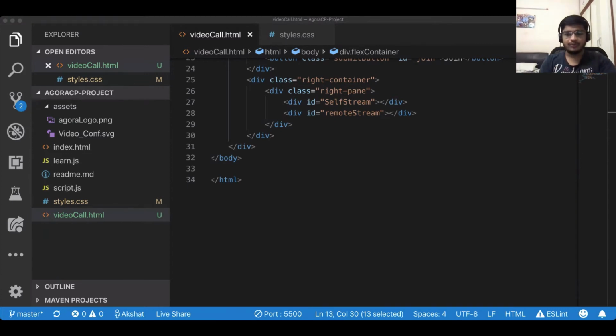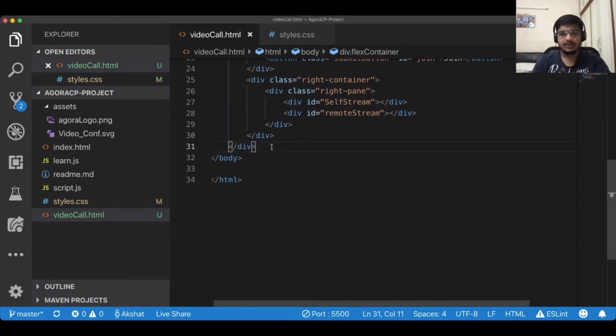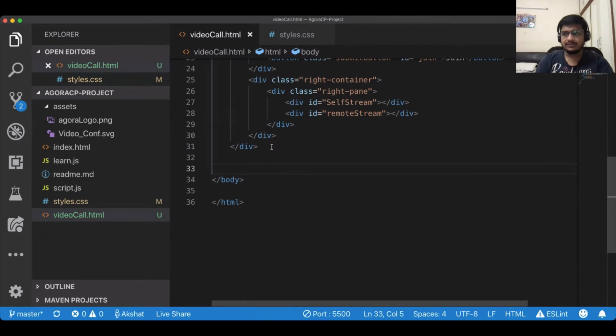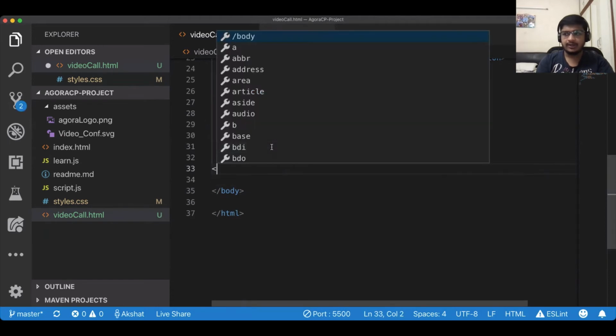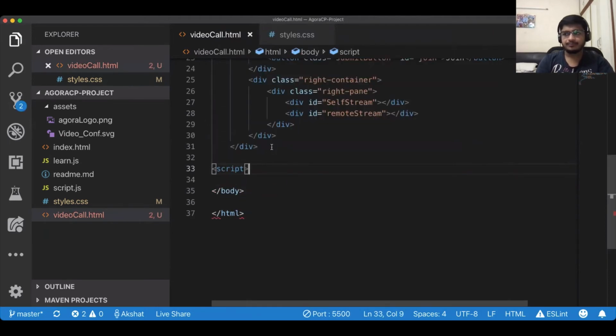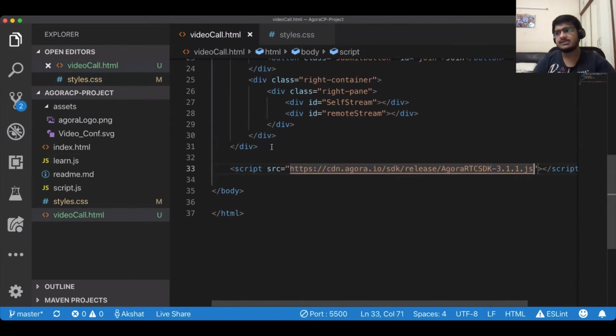So before moving on, to implement Agora's SDK, you will need to import the Agora SDK itself. So I've put down the link onto the chat. Just use this. Just before the body closing, type script src equal to and paste the link I just sent.